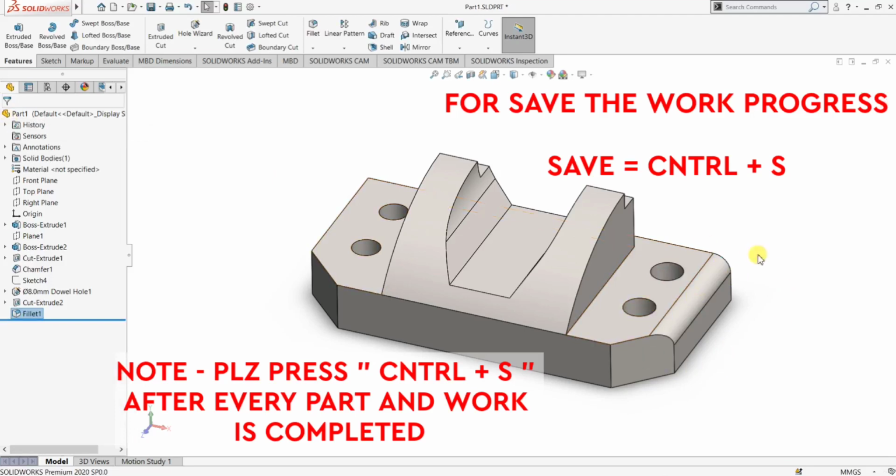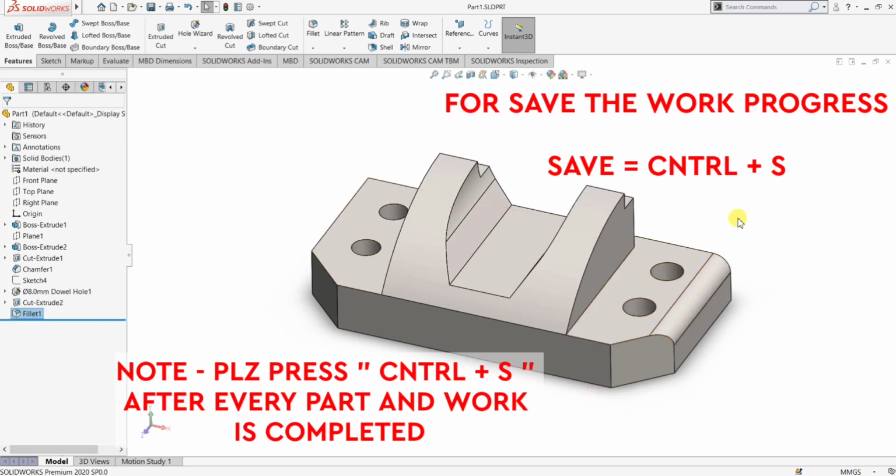You can see the fillet is now created. Now I want to save this work with a shortcut key. For that you can press Ctrl plus S on your computer keyboard. After that your work progress will be saved. This is a simple method to save your current work progress.